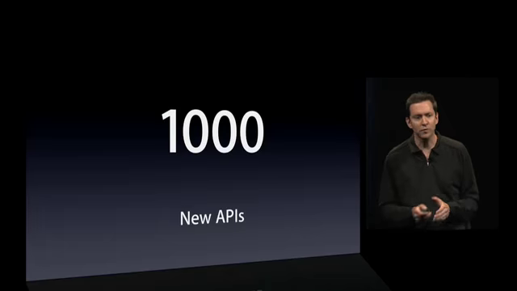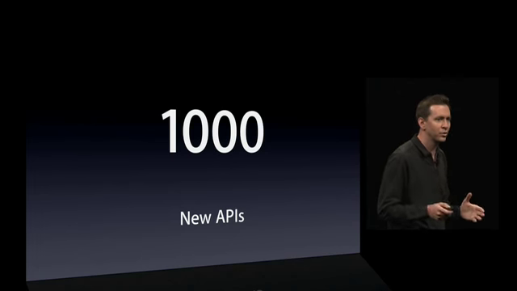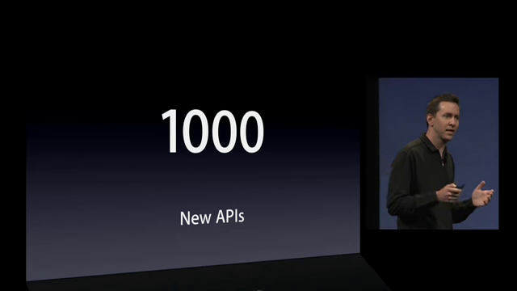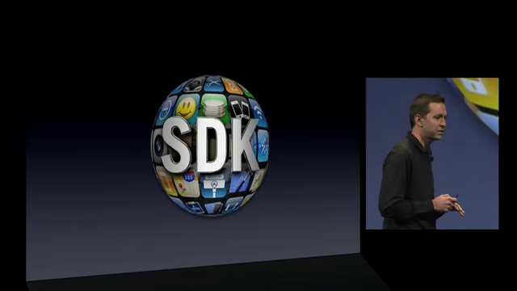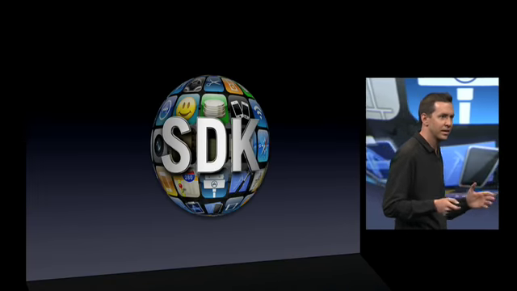And again, these are only a few of the more than 1,000 new APIs that make up the SDK in iPhone OS 3.0. It is an incredible SDK. Now, ever since we announced 3.0, we've been seeding developers with betas, and they have been taking advantage of many of these features already. So today I'd like to bring up a few developers to show you what they've already been able to accomplish in iPhone OS